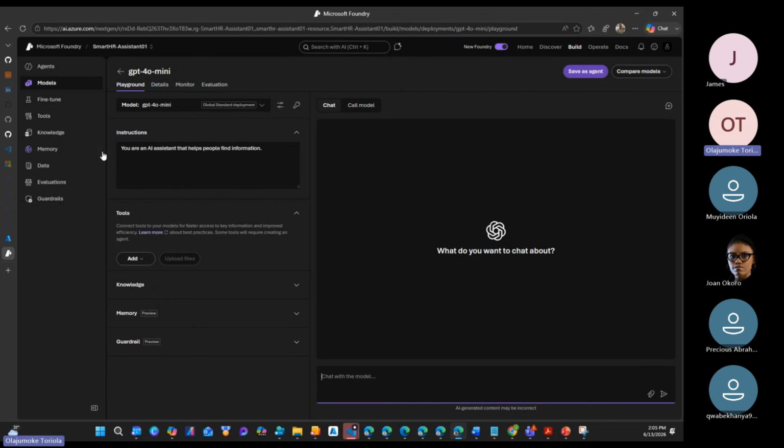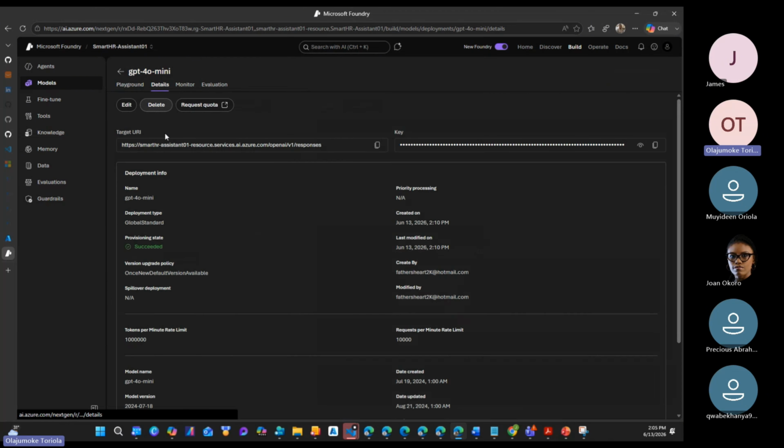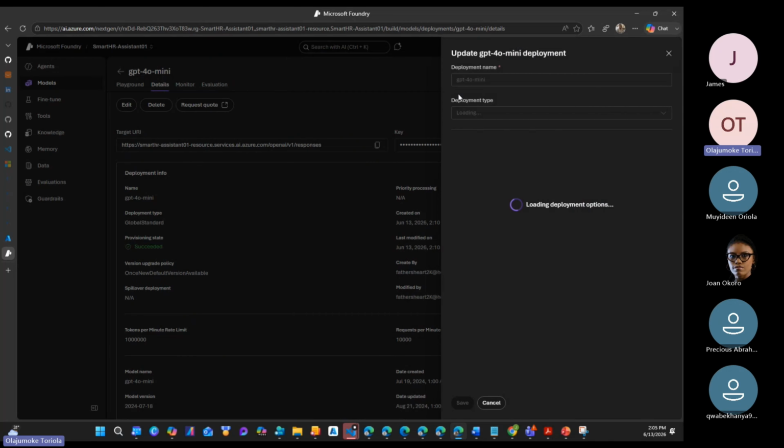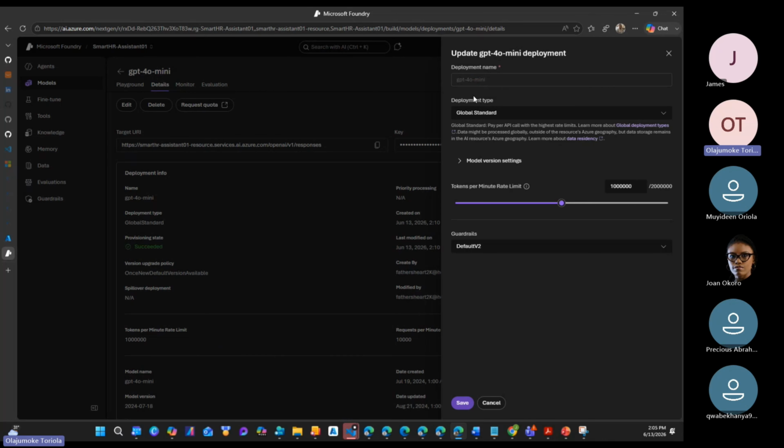Now from here, I'll give my deployment the details. If I come here for the deployment, I can see this talks about the target route. This is the name. So if I want to edit, I can change the deployment name, and I'm going to give it HR.